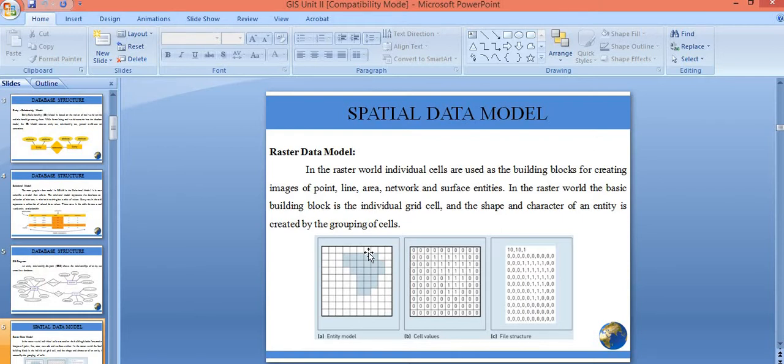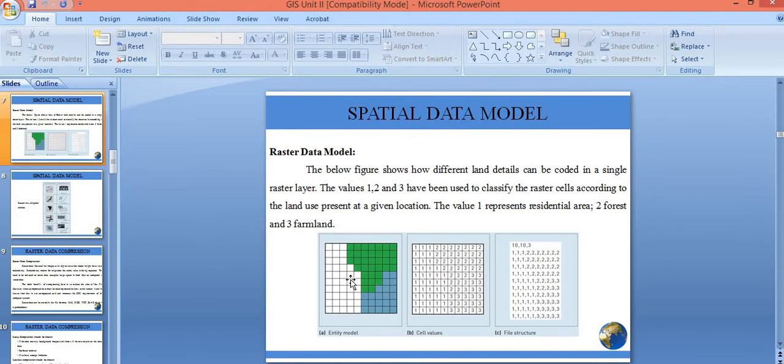Whereas in a raster data model, you will be storing the spatial data by using a set of grids. As you can see in the slide, you have a set of grids. Only by using the set of grids will you be storing the spatial data. Hope it is clear for you. Now you can see that here you are representing some information. The blue color represents some information and the white color represents some other information. So like this, by using a set of grids, you will be storing the spatial data.